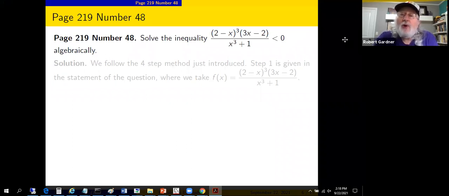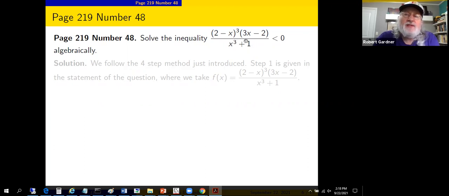Here's a rational inequality. Where is this less than 0? We would be interested in factoring numerator and denominator. Numerator is already factored. Denominator, we could factor it. This is a sum of two perfect cubes. We have a formula for that. Alternatively,